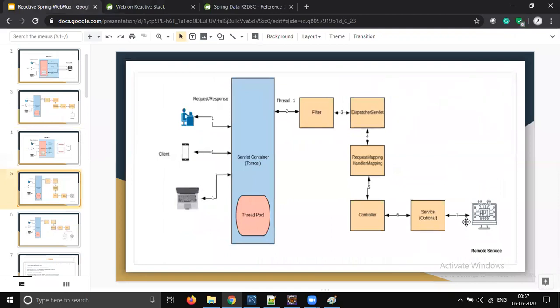There might be some layer where we don't have much database connectivity, and so it's being used now. Spring Reactive, it's there in the market, companies are using it, and there is huge demand now.